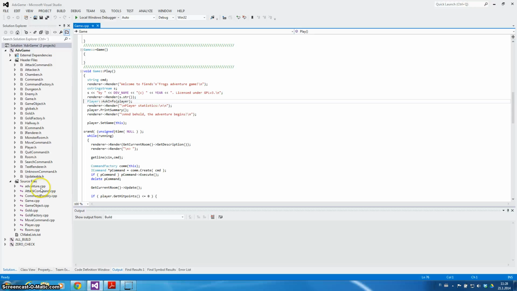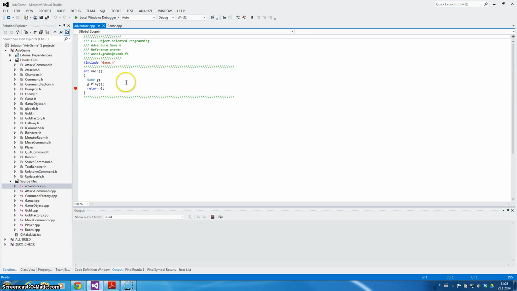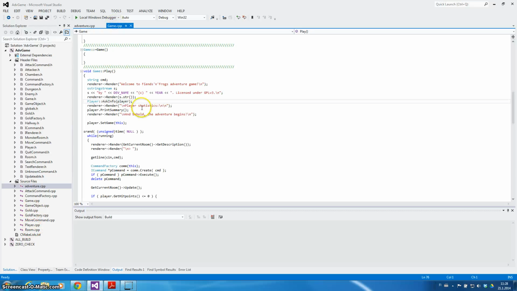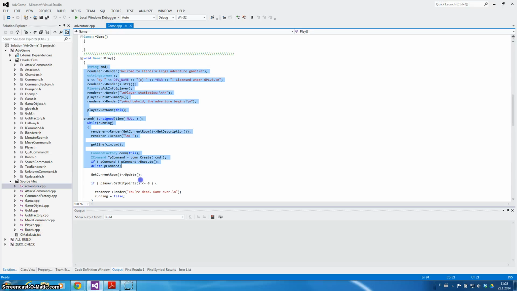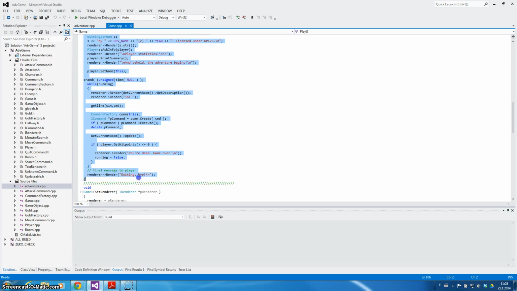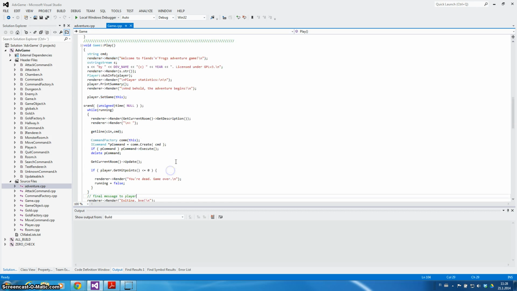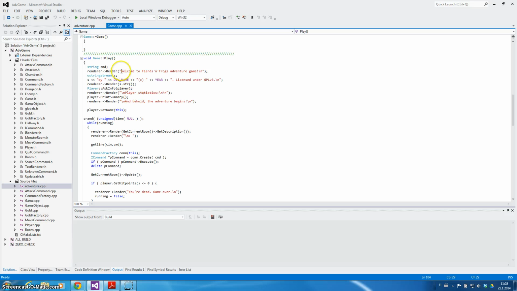At first we have of course this adventure CPP from where we made that new game, and we find from game that play, and in play we have the main code where everything happens, and first we introduce and so on, and then we find